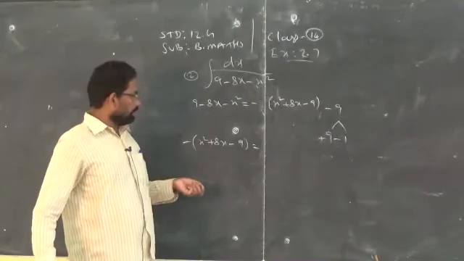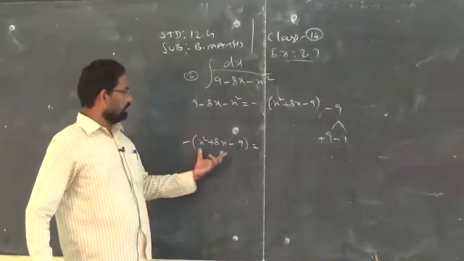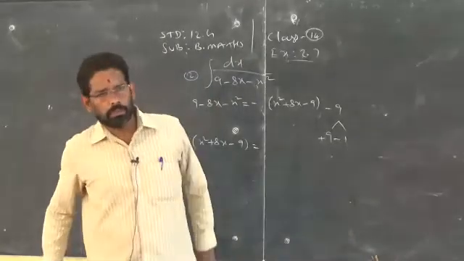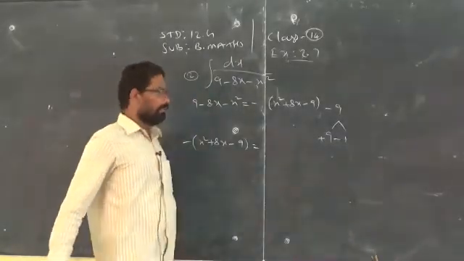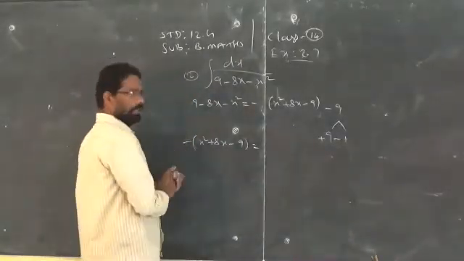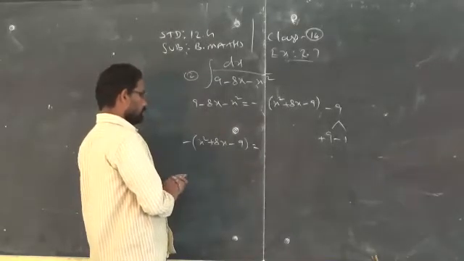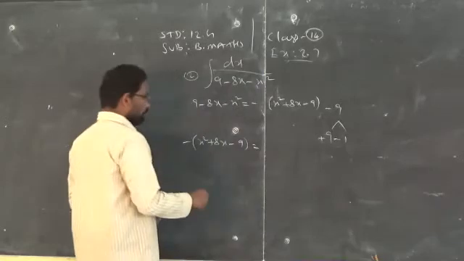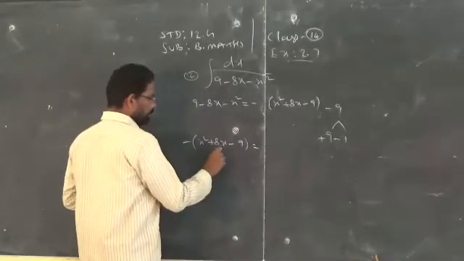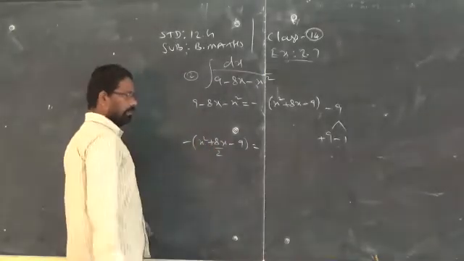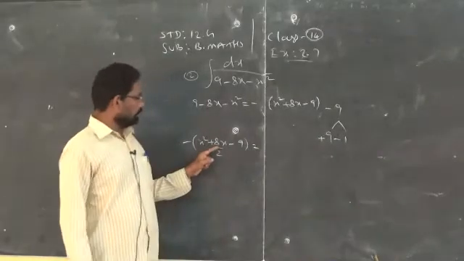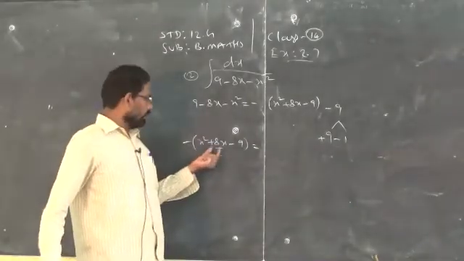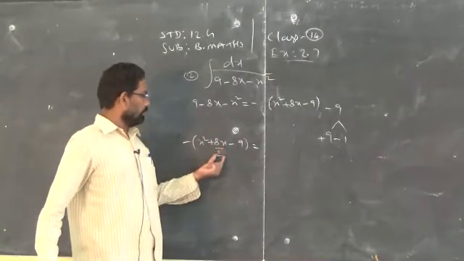What is meant by completing the square method? You should bring the given quadratic into the format (a plus b) the whole square or (a minus b) the whole square. That is called completing the square method. So what is the procedure to convert the given expression? You always divide the coefficient of x by 2, whether or not the coefficient of x is divisible by 2, it doesn't matter, but you always divide the coefficient of x by 2.